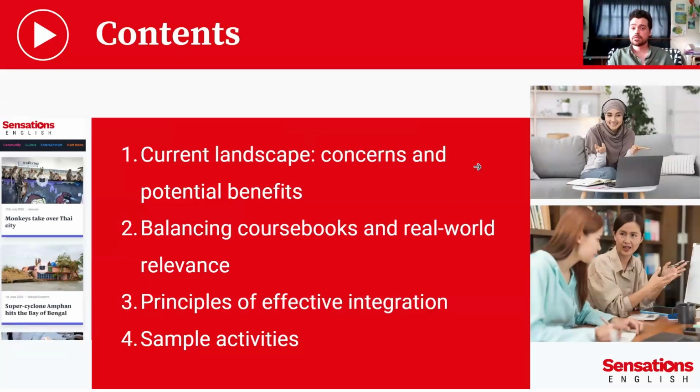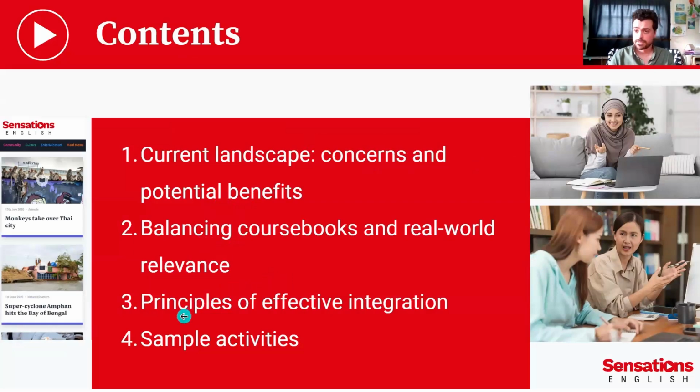We're going to take a look at the current landscape, how people are teaching exam prep courses now, the concerns with using digital resources, but also the potential benefits. Then we'll be talking about balancing the course books with the real life relevance of digital resources.